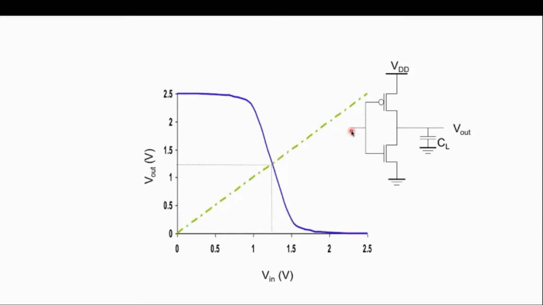Initially when your input is 0, that means we are actually applying minus VDD plus VT naught P at this particular transistor. VT naught P is the threshold voltage of the PMOS. So minus 5 plus your VT naught P, that depends upon your PMOS, what is the value of threshold voltage. But here this is minus VDD plus VT naught P. So what happens, this is on. So this leads to charging of this particular capacitance, and this is off.